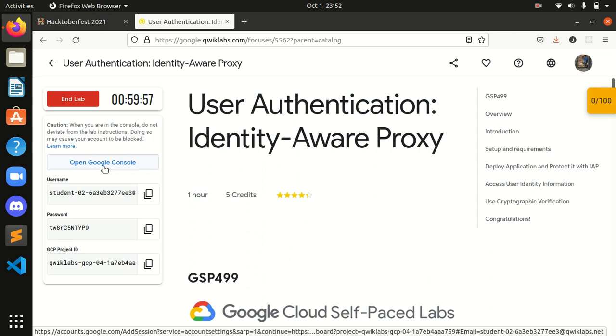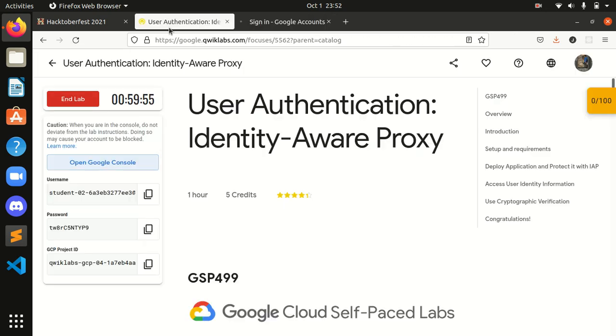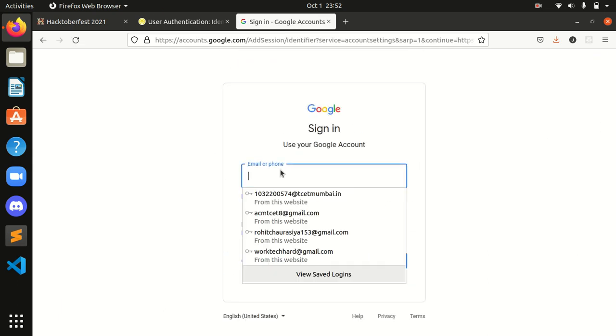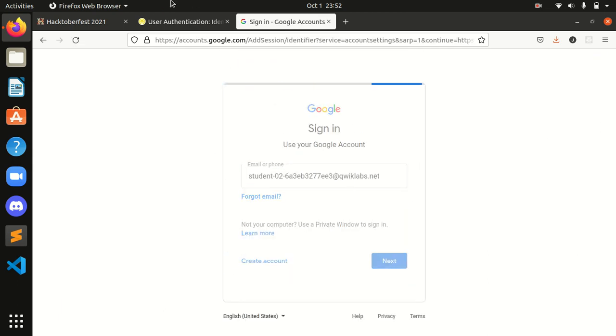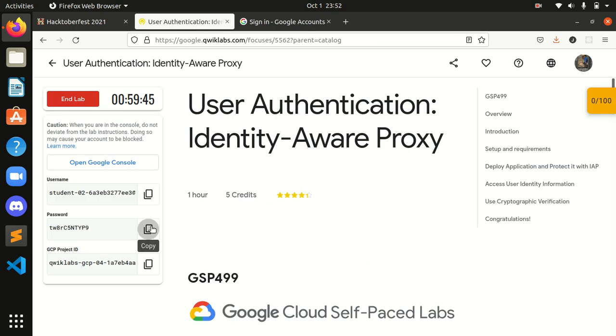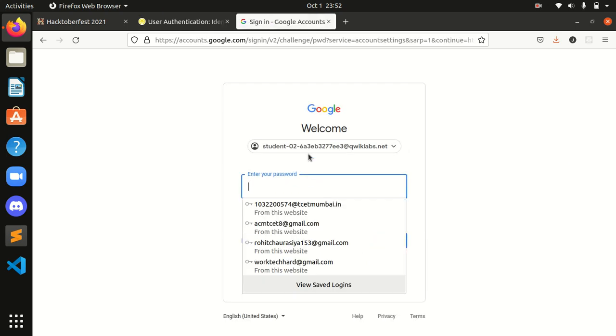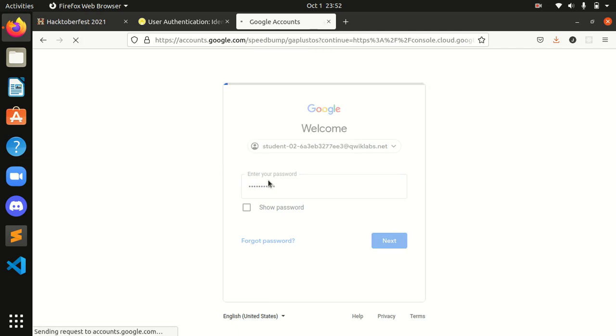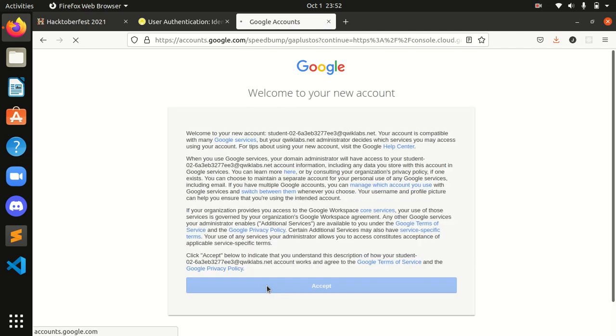So let's open the Google Console and put in the username and password. See the password, and I will copy it here simply, guys. Enter and accept it.